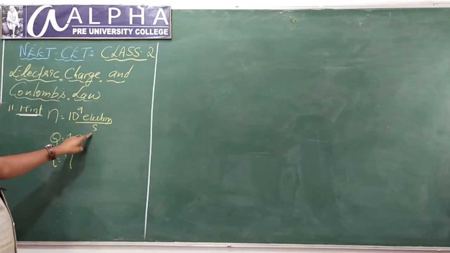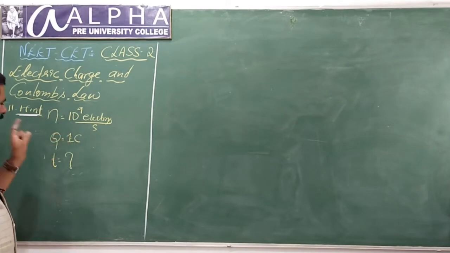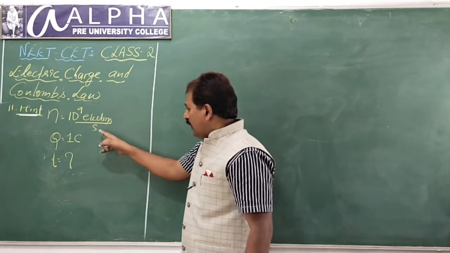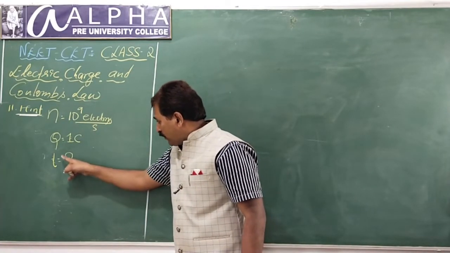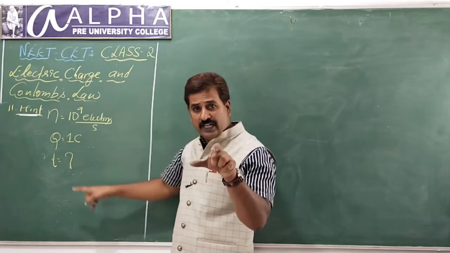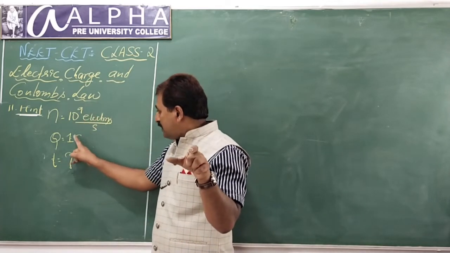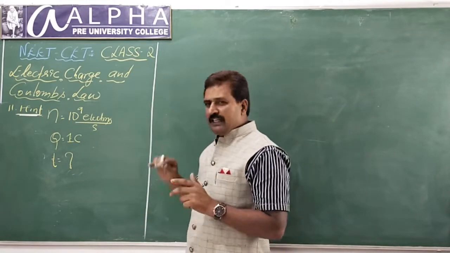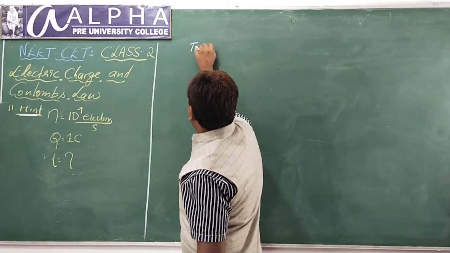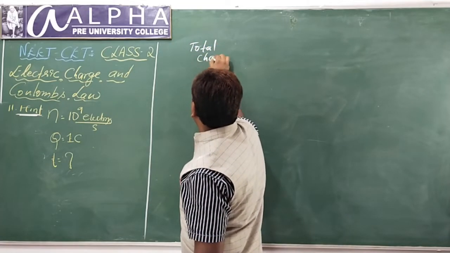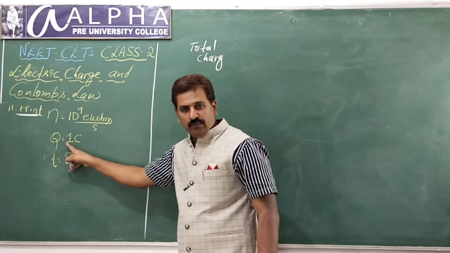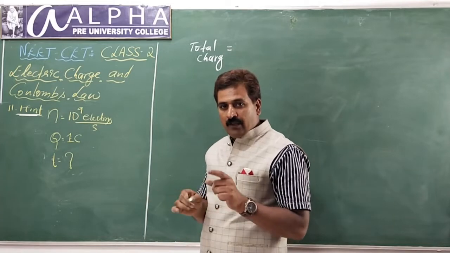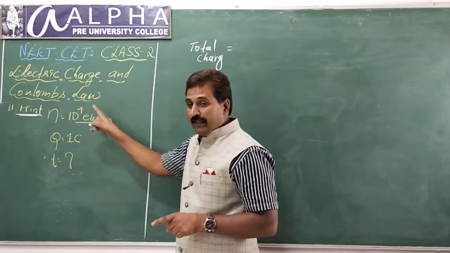Okay, students, look here. What you have to find is the time required to accumulate a charge, in terms of electrons, equal to 1 coulomb. This is a very simple logic we can use to write a relation. What is that? Let us suppose this way. How do you get this total charge Q, which is 1 coulomb? By transferring electrons. How many? Every second 10 power 9. So you think this way.